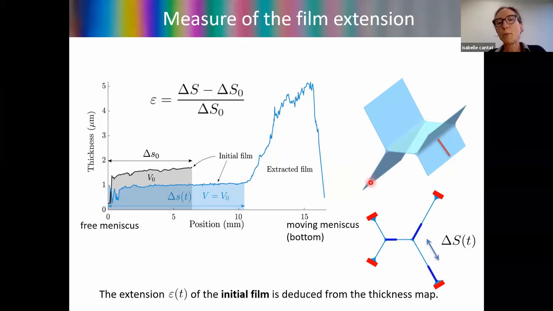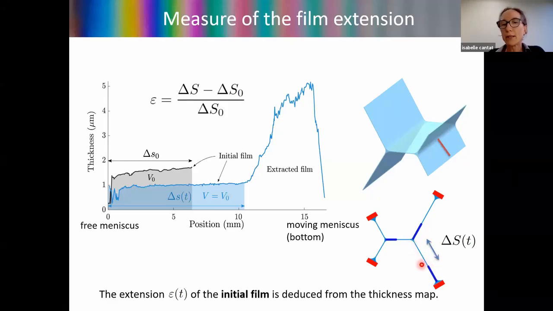And here there is a subtle point, because the extension of the film is not related to the distance between one meniscus and the other. As you have seen in the first movie, there is an extraction of Frankel films from the meniscus, represented here. So the whole film is not a closed material system. So speaking of extension makes no sense. What you want is the extension of some material system.